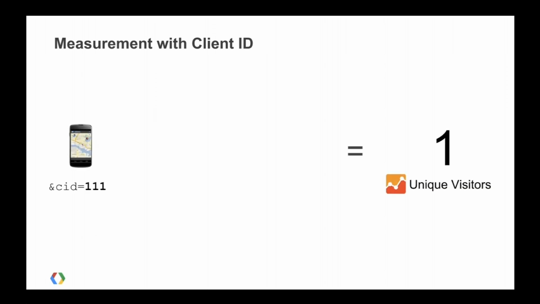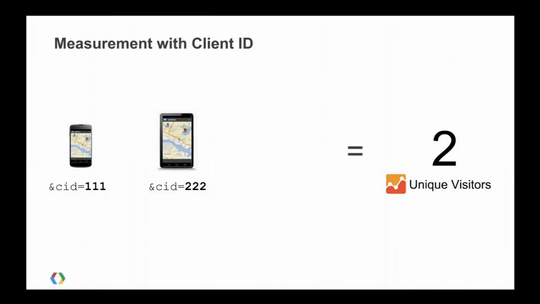So let's say Pete's using my web app on his smartphone. And you can see here, GA has generated for him a unique client ID. And in my reports, he's considered one unique visitor. Now, this is fine. All's well and good until Pete decides he wants to go get himself a tablet. Good for Pete, but bad for me. Because now when he uses my app, he's got a new client ID, right? It's unique. And GA is saying, great, now I've got 2 unique users. Well, I know there's actually only one Pete. He's irreplaceable. But he's using 2 devices.